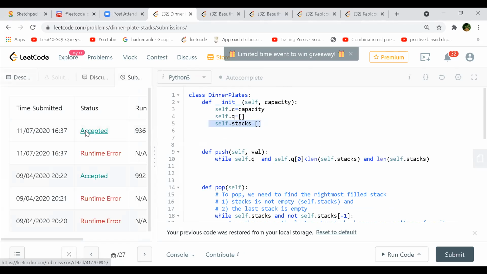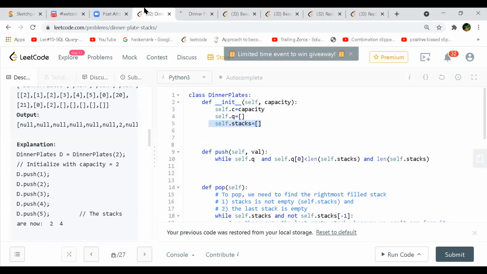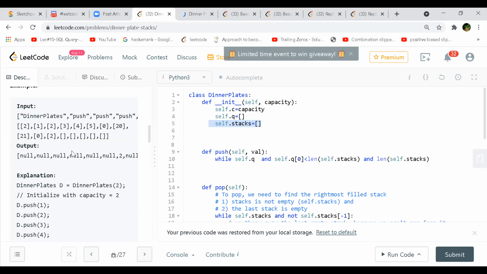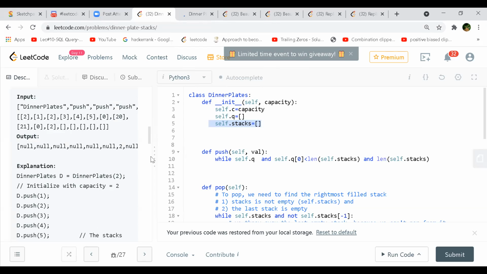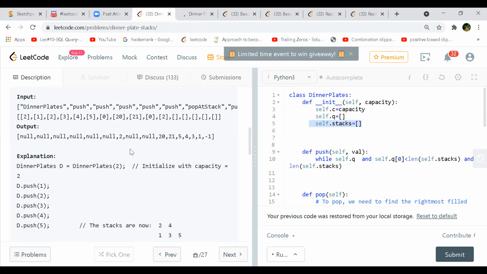Hey, can you hear me? Yeah, go ahead. I actually did not understand the question. I got that we are implementing some sort of a stack, but did not get the whole idea. We discussed the questions just now. I joined a little bit late, but still, reading through it, I did not follow it.